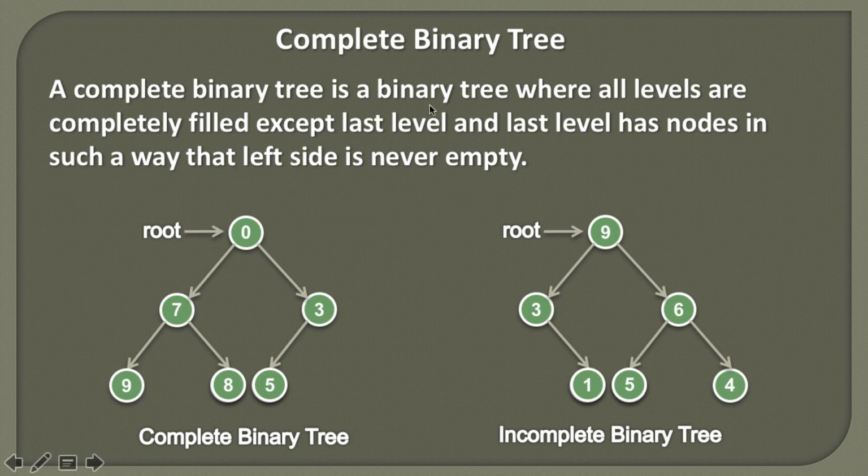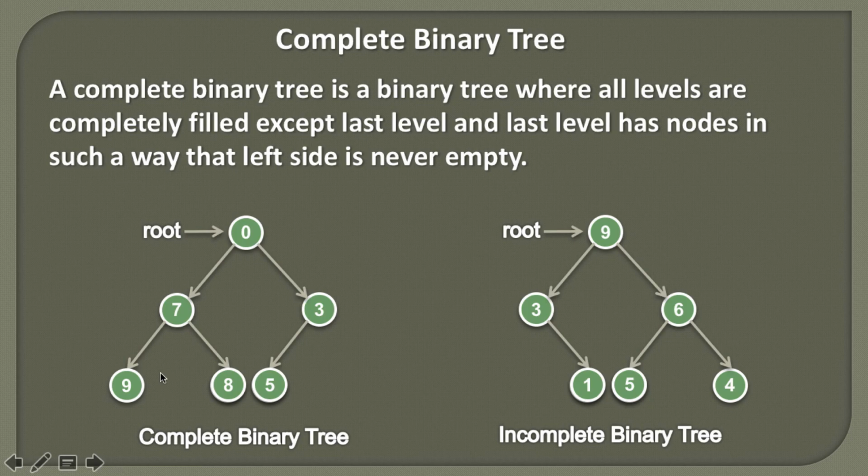So what do we mean by this definition? Below you can see a binary tree. At level 1 we have a node having value 0. This node will have a left child and a right child. At level 2 we have these two nodes, 7 and 3. Till level 2 you can see it is completely filled, because a node can have only two children. But as soon as we go to level 3, we see that 7 has one left child and one right child. Similarly, 3 has only a left child and there is no right child. So here you can see the binary tree is completely filled except the last level.